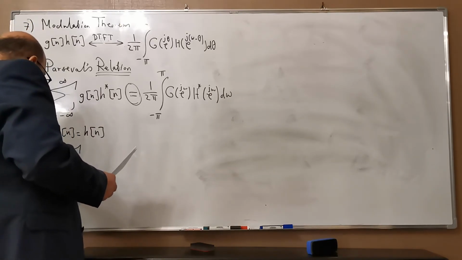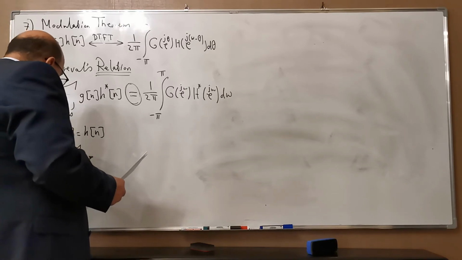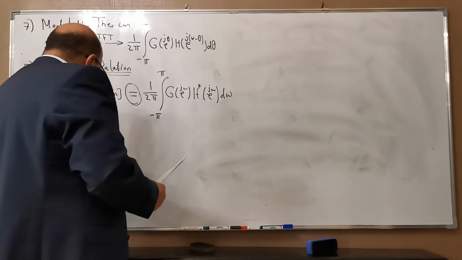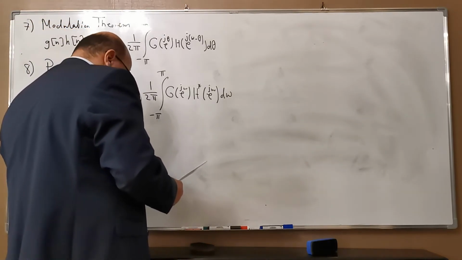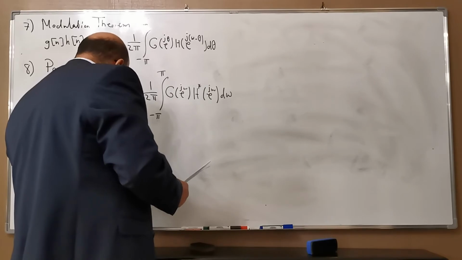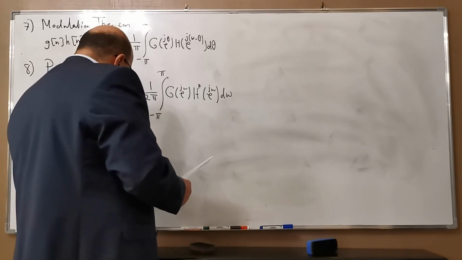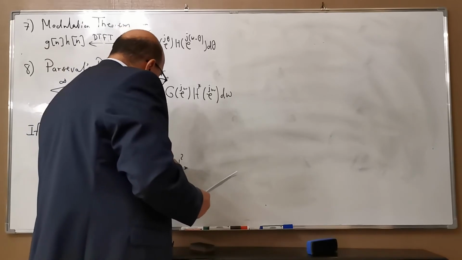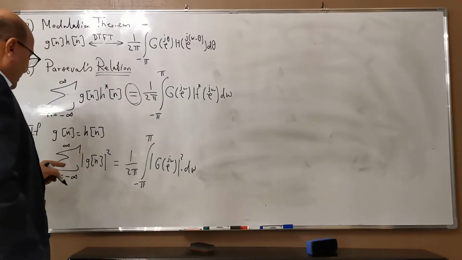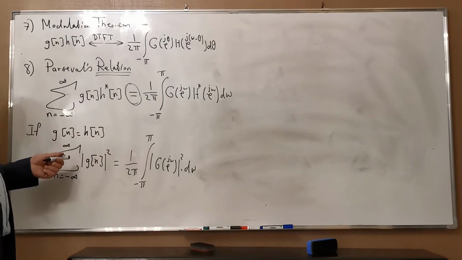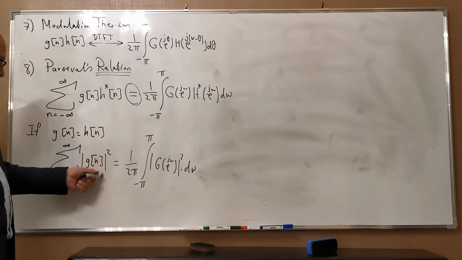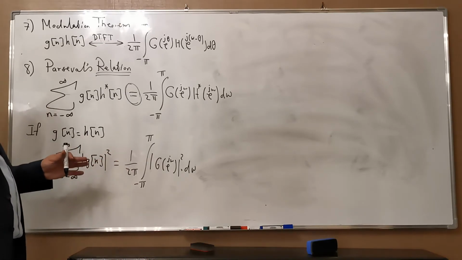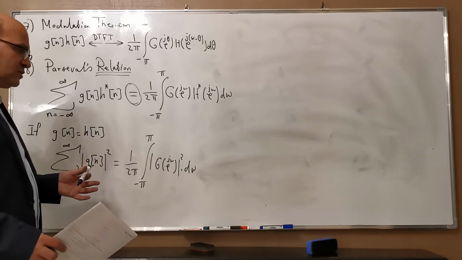From n equals minus infinity to infinity, the magnitude of g of n squared is equal to 1 over 2 pi times the integration from minus pi to pi of the magnitude of G of e to the j omega squared d omega. Which means that if g of n is an energy sequence, then this is finite. You can find it in the time domain and you can find it in the frequency domain, which means that the energy of the sequence is